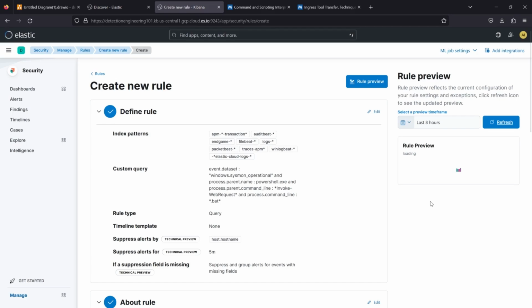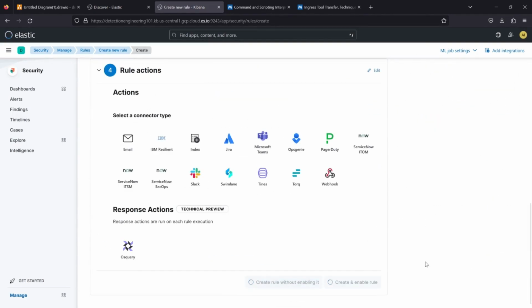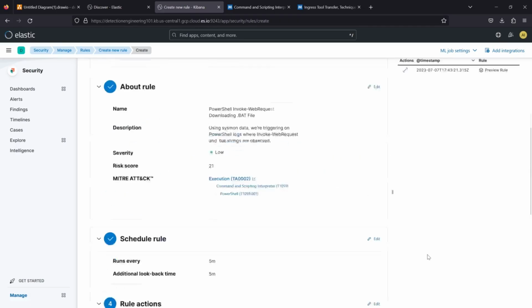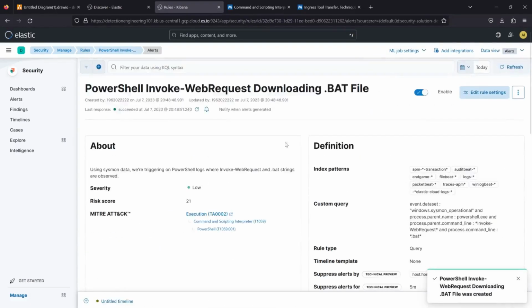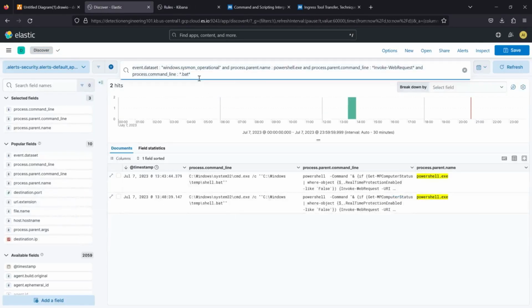And run the rule preview, and we can see it would have triggered. Now we can create and enable. And there's our 3rd alert. All right. Last but not least, we're operating off of the same kind of information, but now we're looking at the default